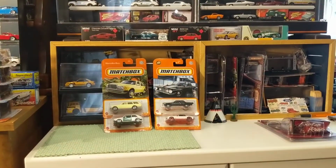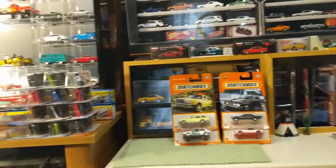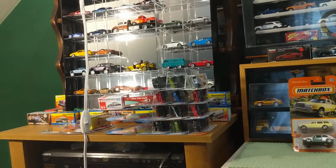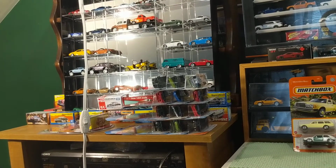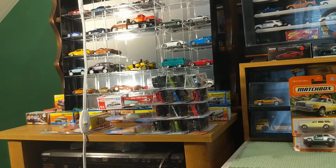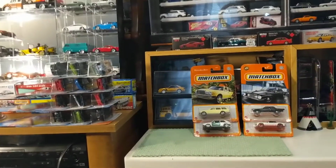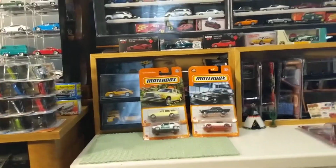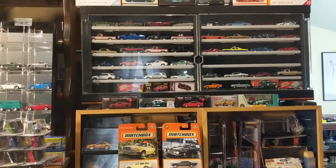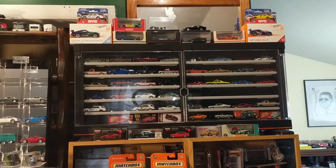This is where the majority of my collection is. I had shown before, I have two of those display cases. One is mounted on the wall in the guest bedroom on the first floor, and then I have the Hot Wheels case with quite a few cars in it, and then because of gravity, not as many up on top, but there are some of my